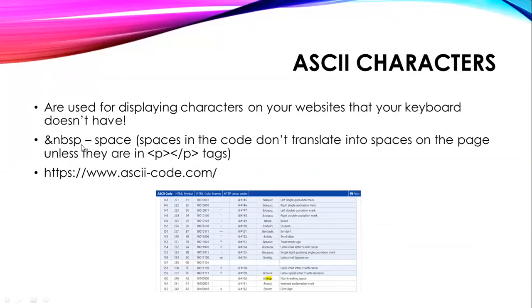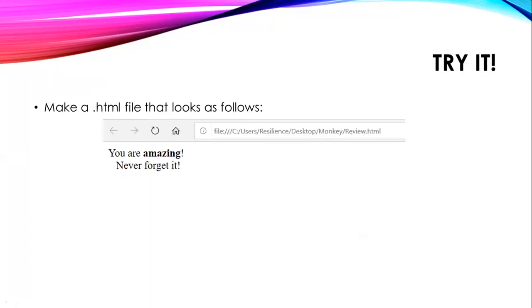&nbsp; is another important ASCII symbol, and that's used to create a space, because you have to remember that the information you enter on your website is sort of like markup code, right? So if you put in actual spaces in between words, it'll always be interpreted as a single space. So in order to make it interpret as more than one space, you can use the ampersand nbsp semicolon, and then it'll display one space for every one of those symbols you put in. Okay, so let's try it.